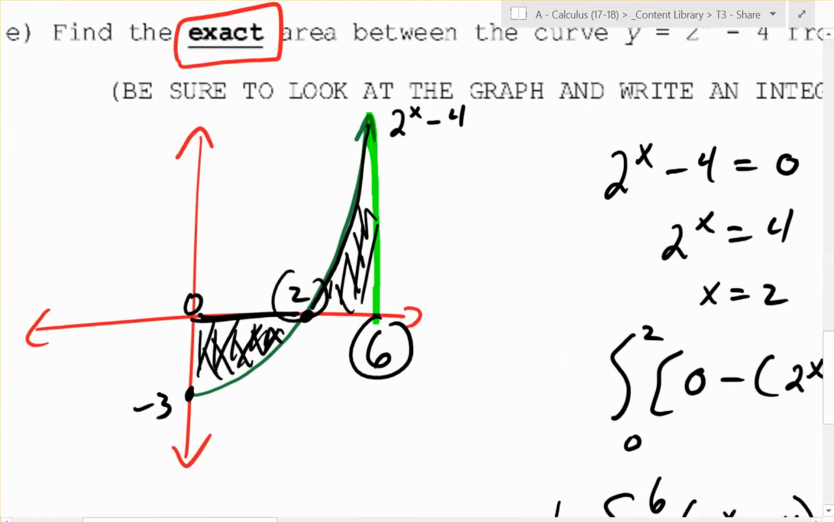The key thing to realize here is with this graph, that right there is the upper function for the first part to 2, and then it changes to